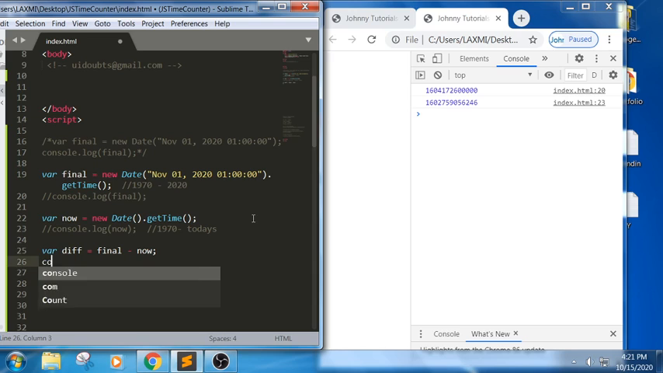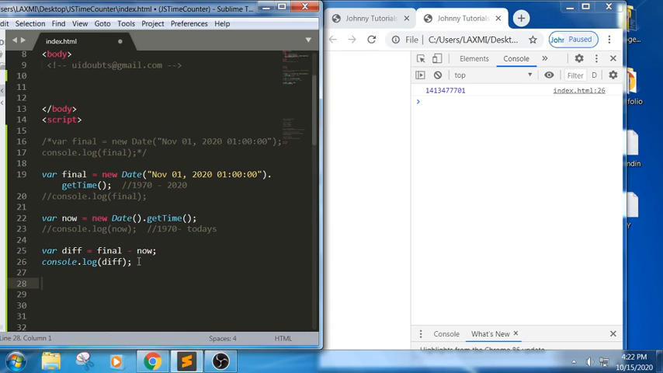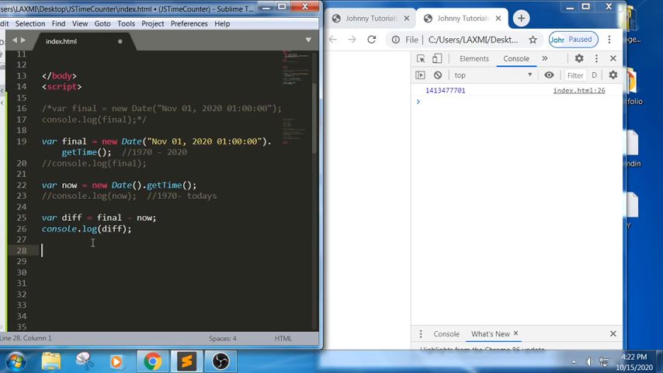Here we will try to get a new value. See here, console.log diff. If we can see here, you got the difference between today's date and the target date based upon the milliseconds. Now I should be able to write the code in order to get dates,